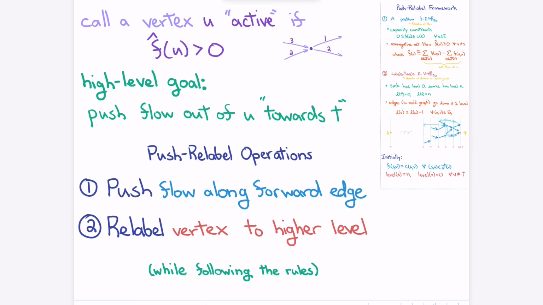Or is it this way? Wait, which way is S for you? S is over here? Okay, so you can promote yourself one level, and you still won't violate that rule. Okay, so